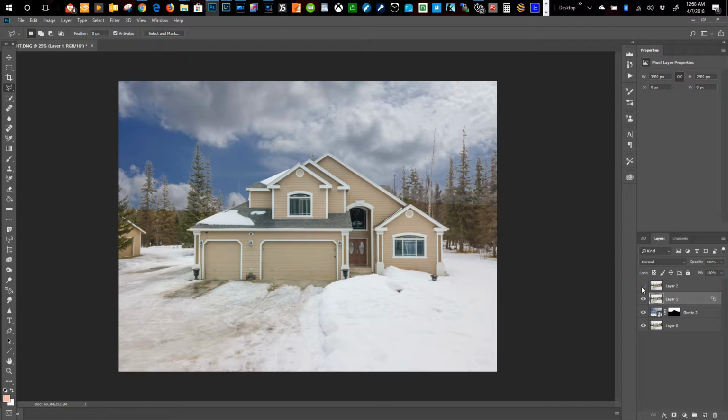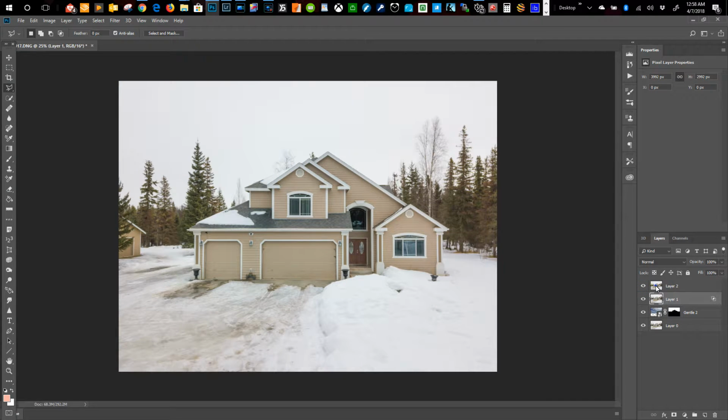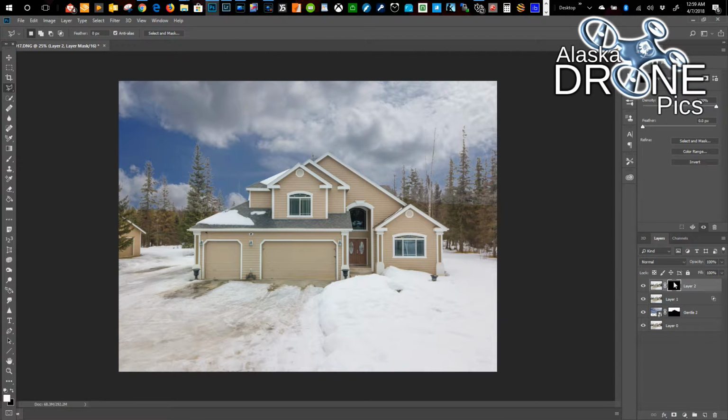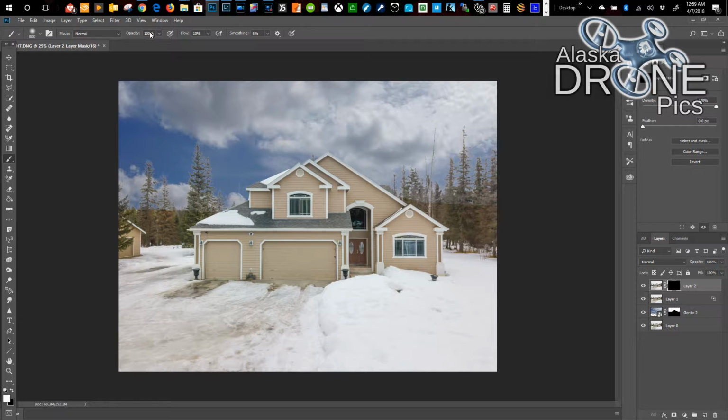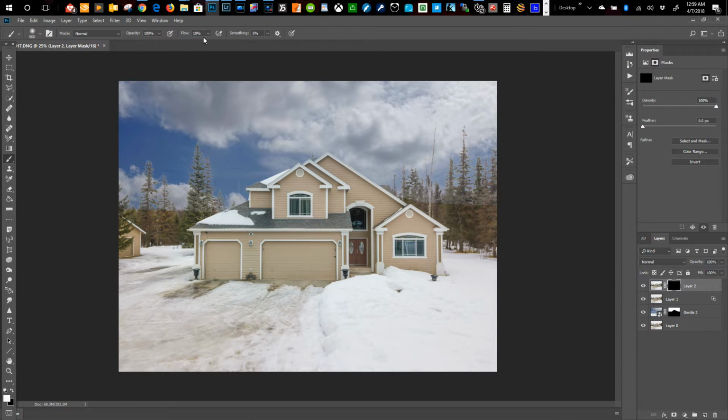Now I'm going to unhide the layer above it, and I'm going to click on that layer, and again I'm going to press Alt, and I'm going to click here, and this has to be black, and I click this brush tool. I have my opacity set at 100, my flow set at 10%, and the white tool here, I can press X and it changes this down here to white or black. Black kind of